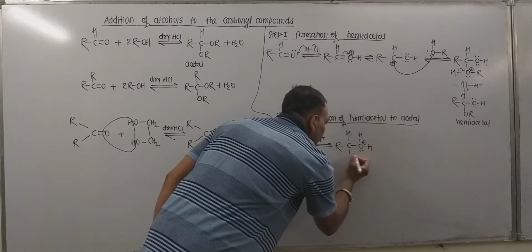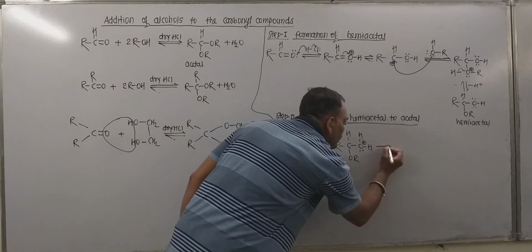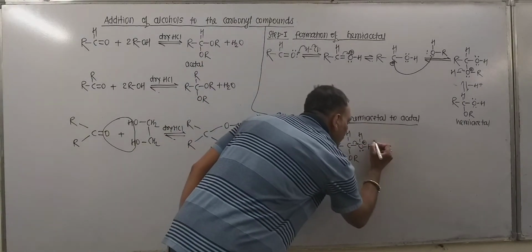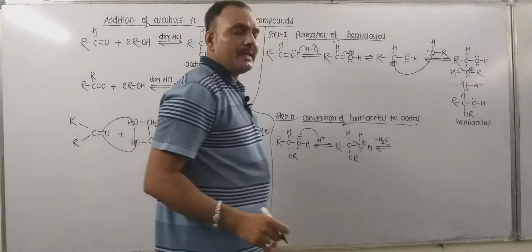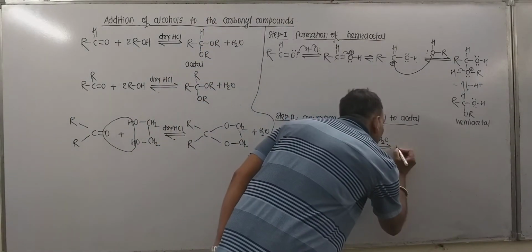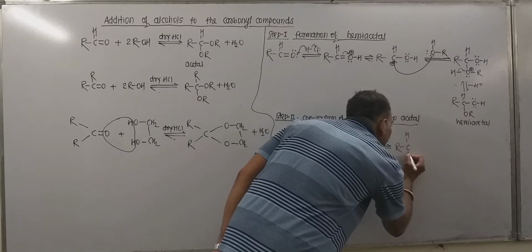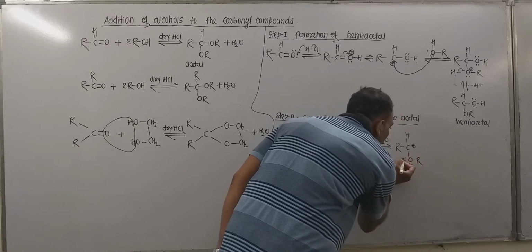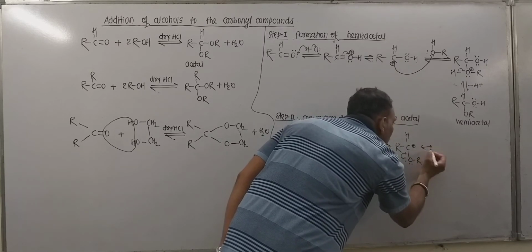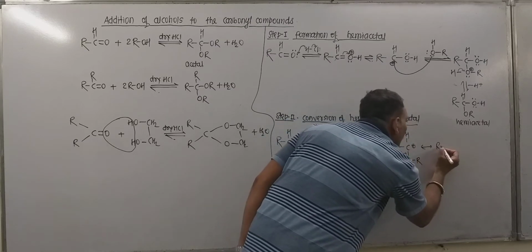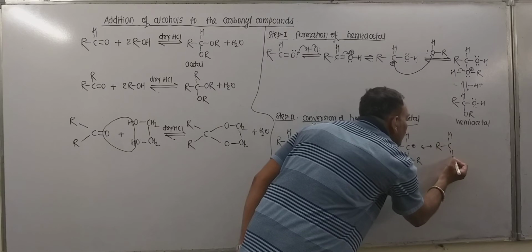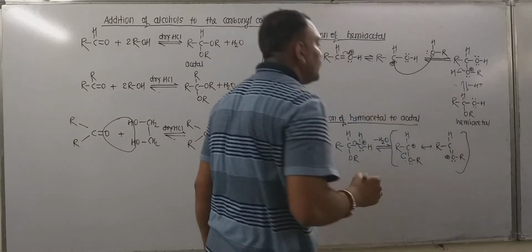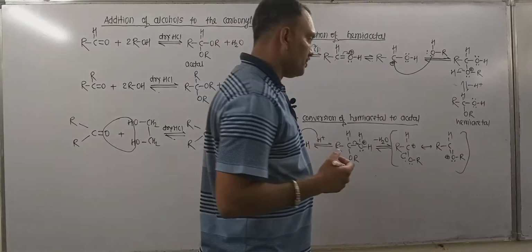which can be given as. Now here what happens, oxygen by attracting this electron pair, departure of water takes place, and this carbon bears positive charge. Thus the intermediate whatever obtained can be given as, now remember this intermediate is stabilized, so it has a canonical form that can be given in this manner. Now these two are the interconvertible forms, what we call resonating forms.